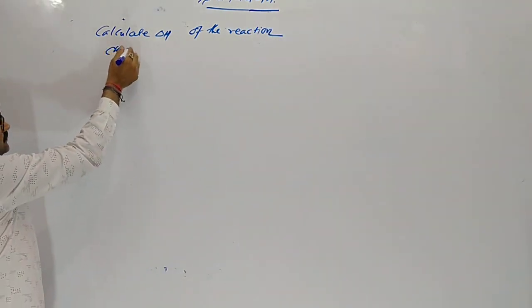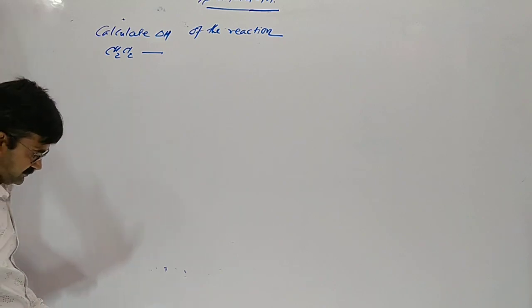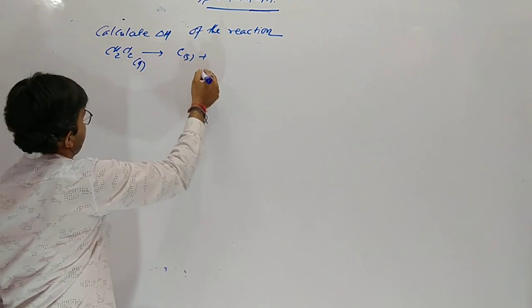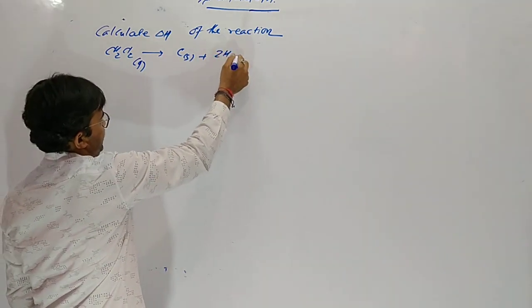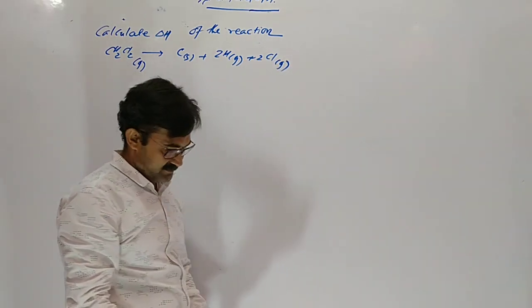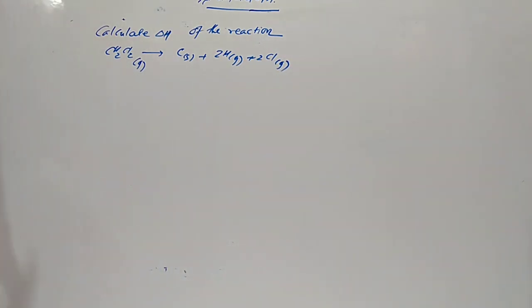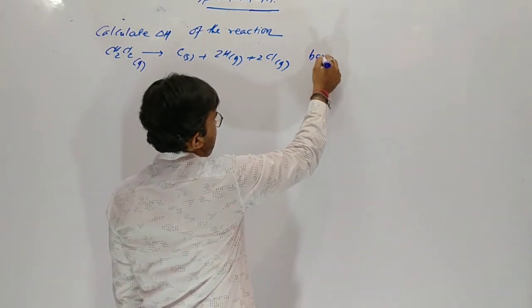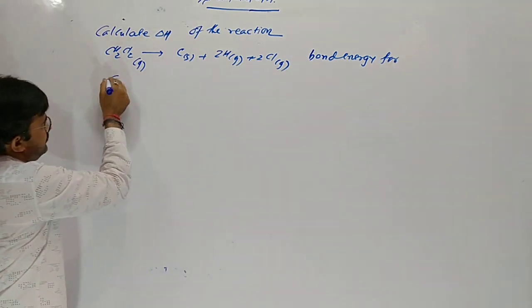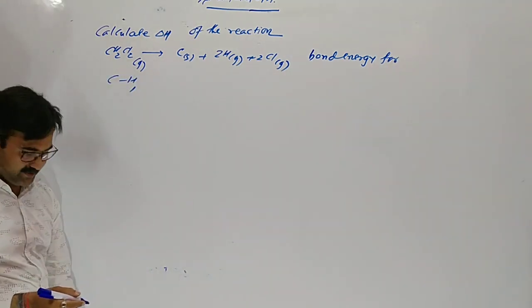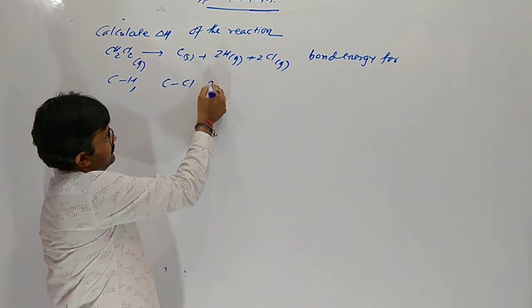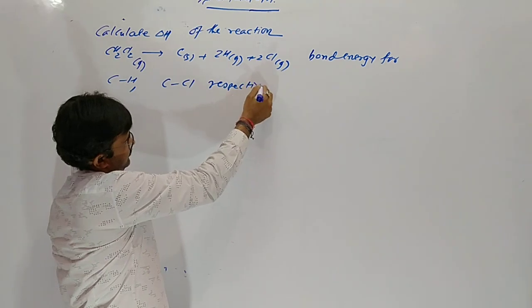Reaction is given: CH2Cl2 gas gives C solid plus 2 hydrogen atoms and 2 chlorine atoms in gaseous state. Bond energy for CH bond, then CCl, respectively